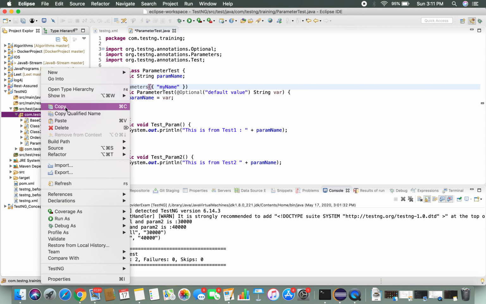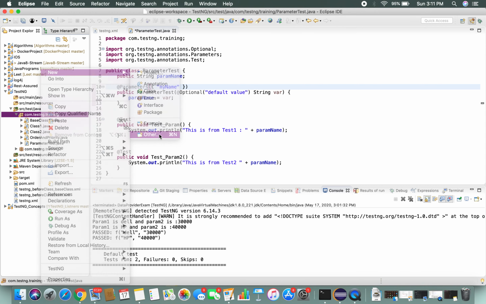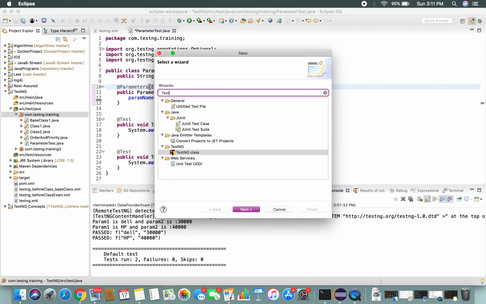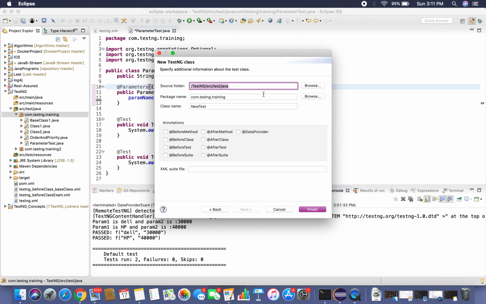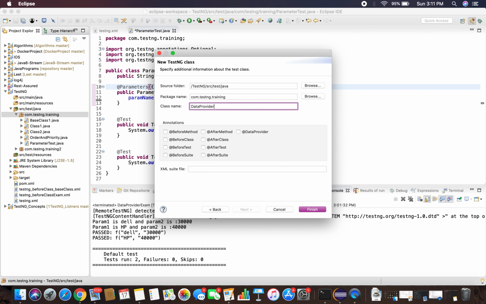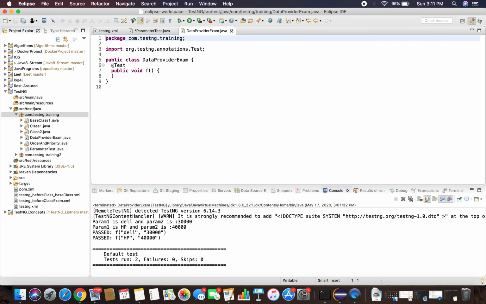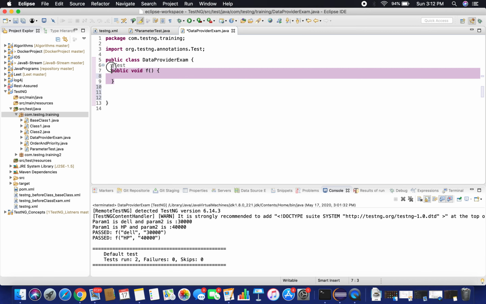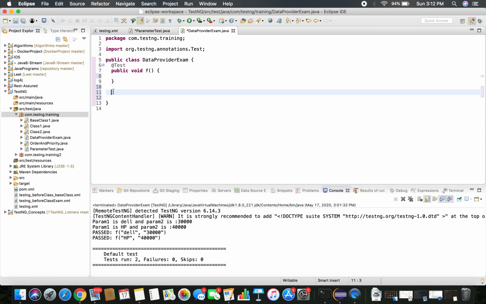Okay, let's create a class. I'm going to create a TestNG class. Let me name this as data provider example. This is my test case which got created. Now I'm going to create a data provider.